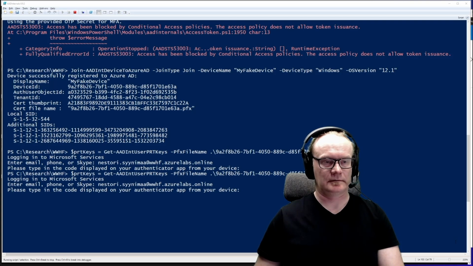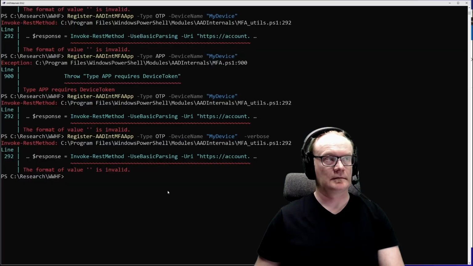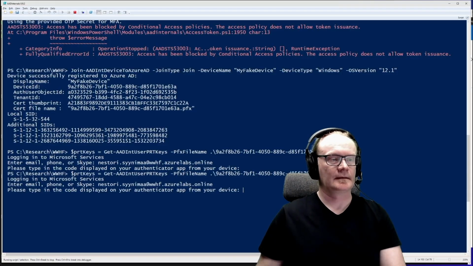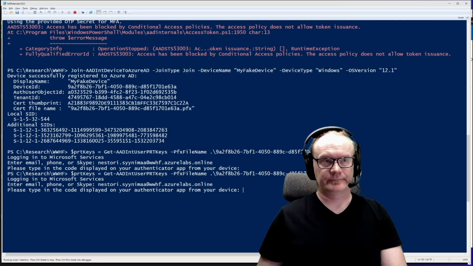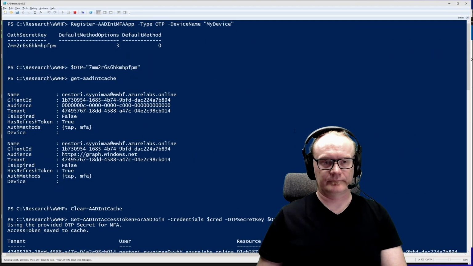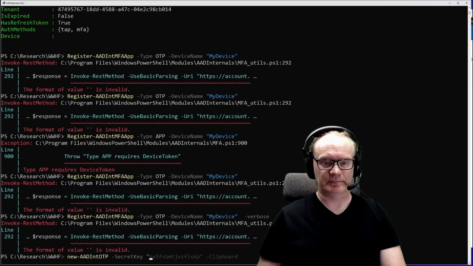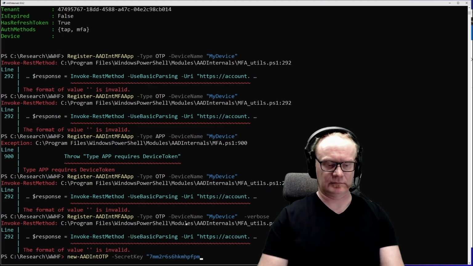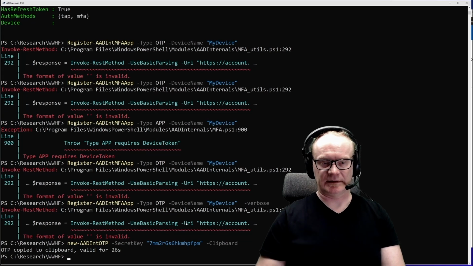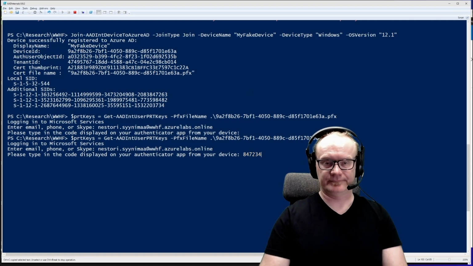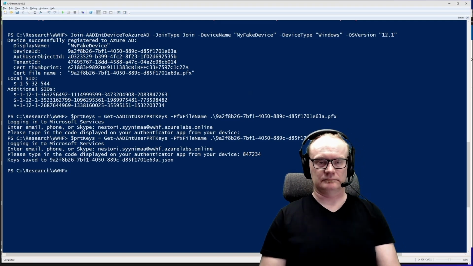I'm going to go here. I need to provide the correct secret key, which is somewhere here. So it's that one right there. Just going to copy that. AADInternals can calculate the OTP, so I need to do it in the second window. Copy it to clipboard, then go back here and I can just paste it. So now I logged in